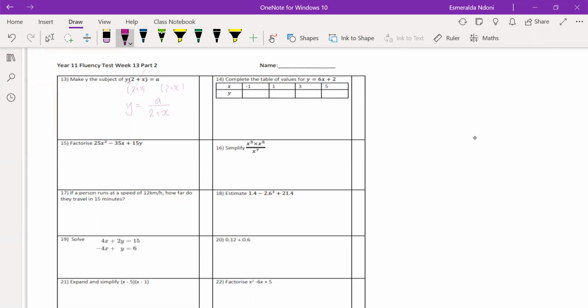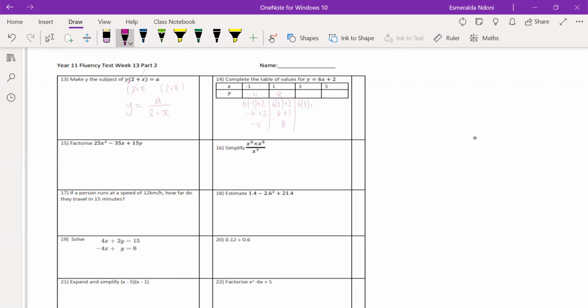Question 14, complete the table. Okay, we need to substitute the values of x that have been given to us. So we got, for the first one, 6 lots of -1 plus 2, -6 plus 2, -4, that goes in there. 6 lots of 1 plus 2, 6 plus 2 is 8,